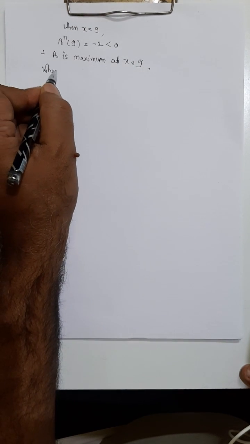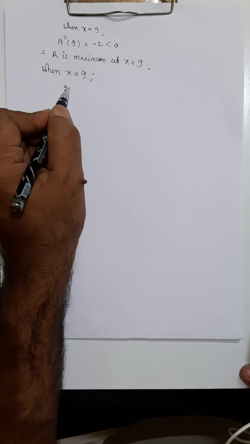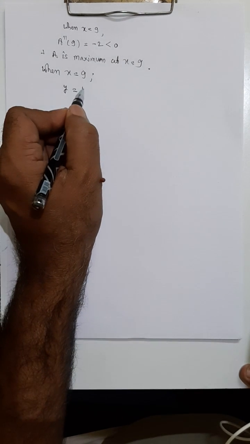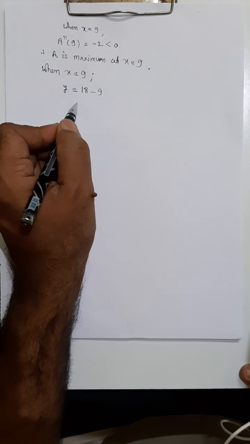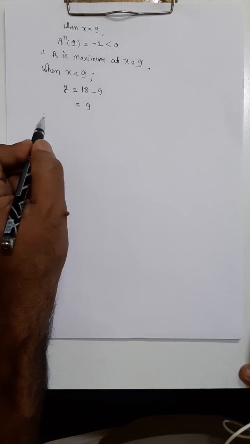So, when x equal to 9, we can find y. So, what is y? We have taken y as 18 minus x, and x means 9. So 18 minus 9 is 9. So we get y equal to 9, and therefore,